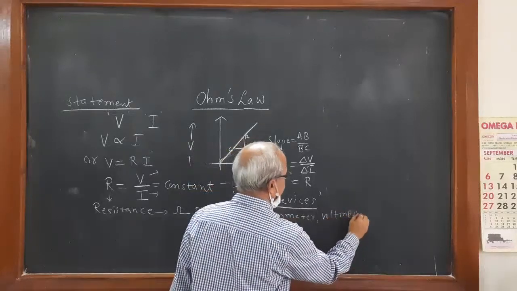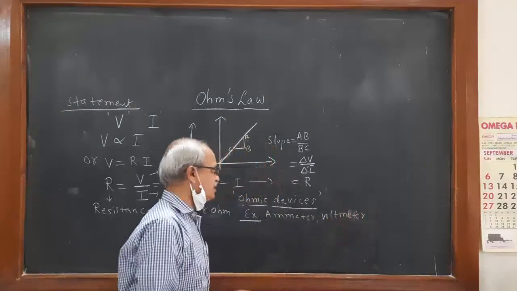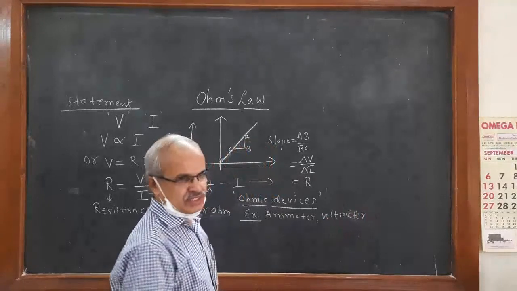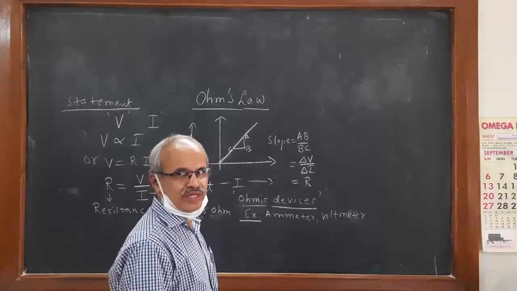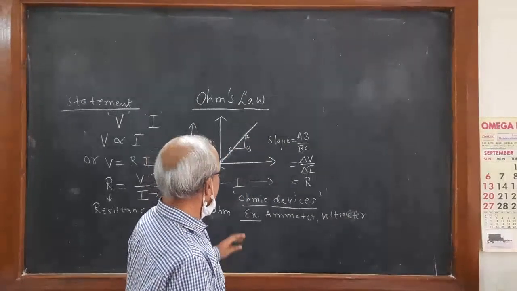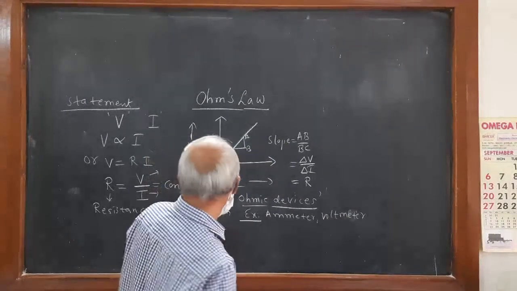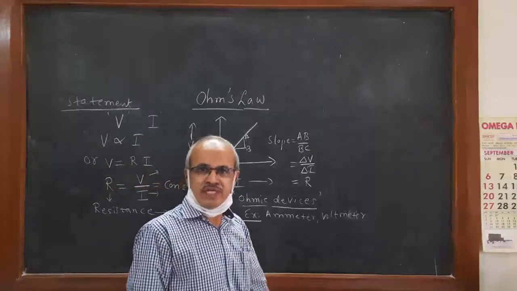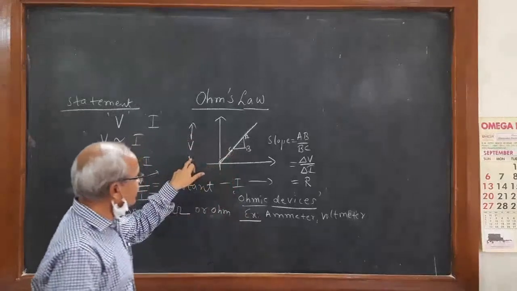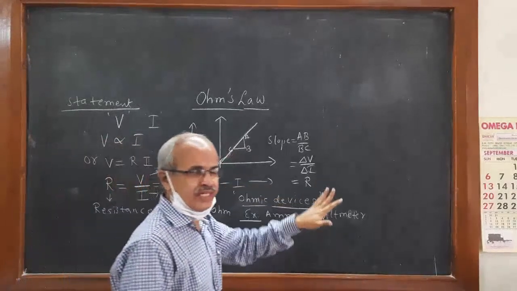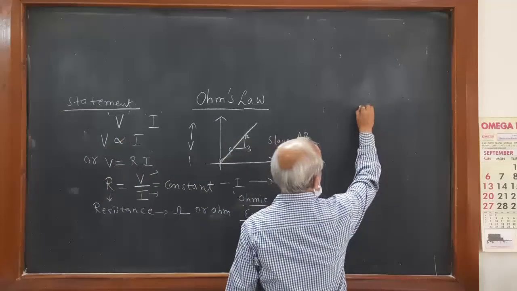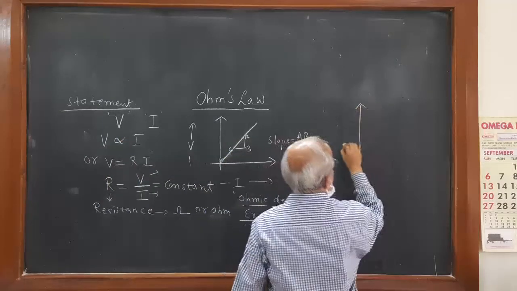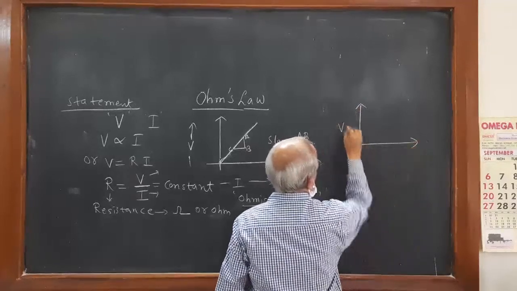You can say ammeter, voltmeter. These are all devices. We take these devices; they are called ohmic devices. Or there are certain devices where the relationship between V and I will not hold good. Plot the graph of V against I. If you take the diode case and plot this graph, they are called non-ohmic devices.